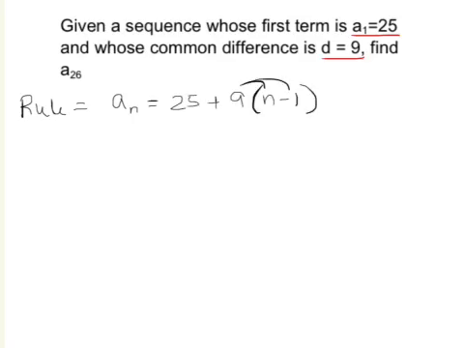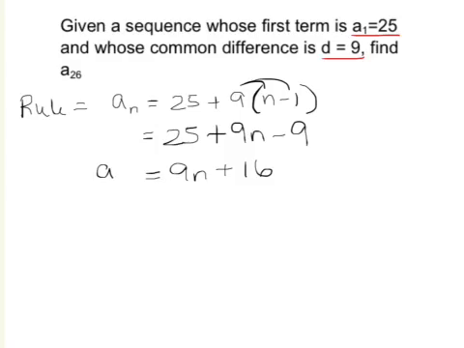I could write my rule very easily here because I'm given my first term and I'm given my common difference 9, and I'd get 9n plus 16. That's my rule. And of course I could then plug in 26 for n and find out that my 26th term is